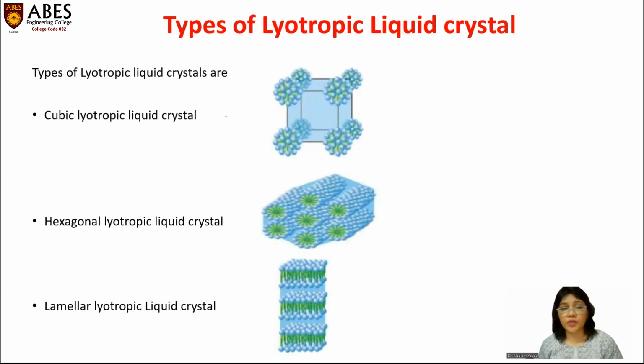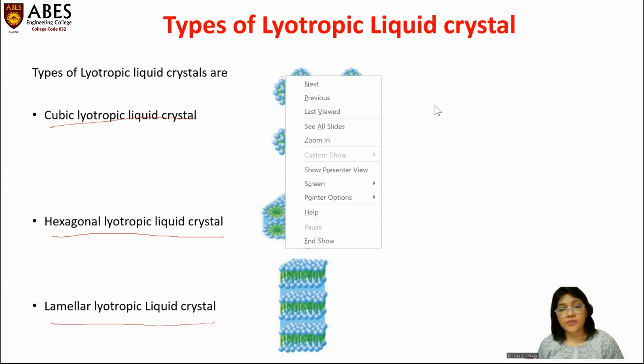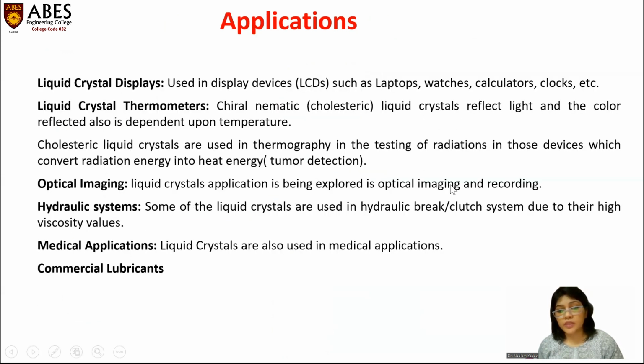Now, these lyotropic liquid crystals can further be divided into cubic, hexagonal, and lamellar lyotropic liquid crystals. In cubic lyotropic liquid crystals, generally all the molecules of the lyotropic substance convert themselves into micelles, and these micelles